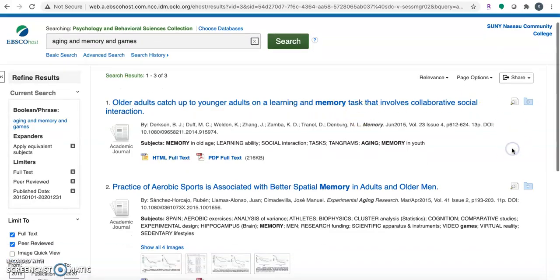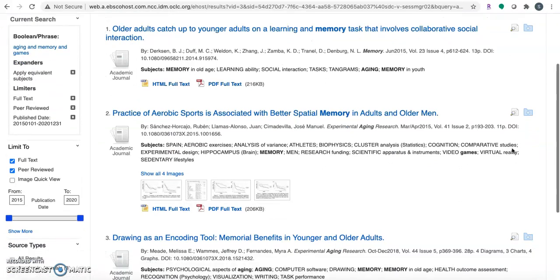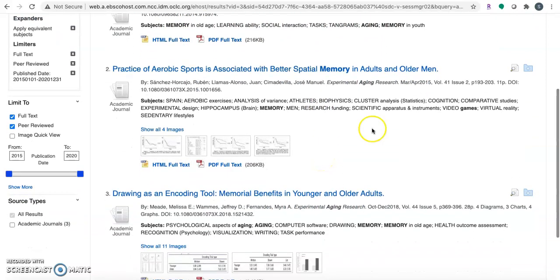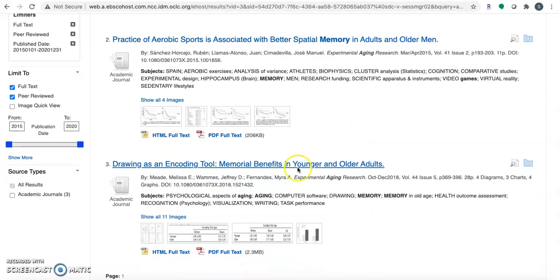And here are the 3 articles that could be relevant to my topic. So here are the titles, here are the authors and some citation information, and then they give you subjects. Your search terms are bolded, and subject terms can also help us find other search terms that you may not have thought about. I may not have thought about video games, so that's something else I can add as a search term. Computer software. There are other subjects here that could be helpful as well. So let's say this one looks